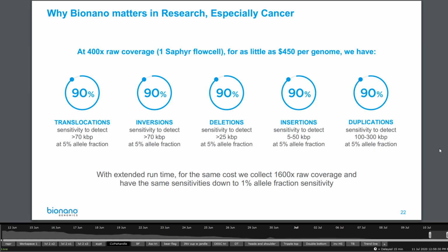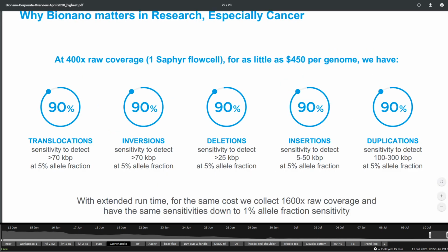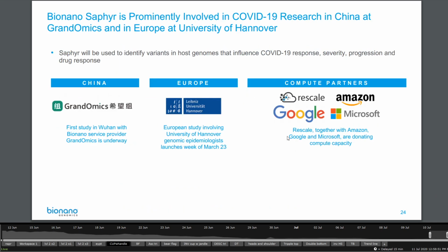Okay, there you go. A raw 400 times coverage Saphyr flow cell for a little less than $450 per genome. We have 90% sensitivity to detect multiple things: translocations, inversions, deletions, insertions, and duplications. Now that looks like good news for me, but I don't have the comparison for their other competitors. But it seems to be, for me, that it is actually good news in it. They do mention a bunch of different bigger names, so